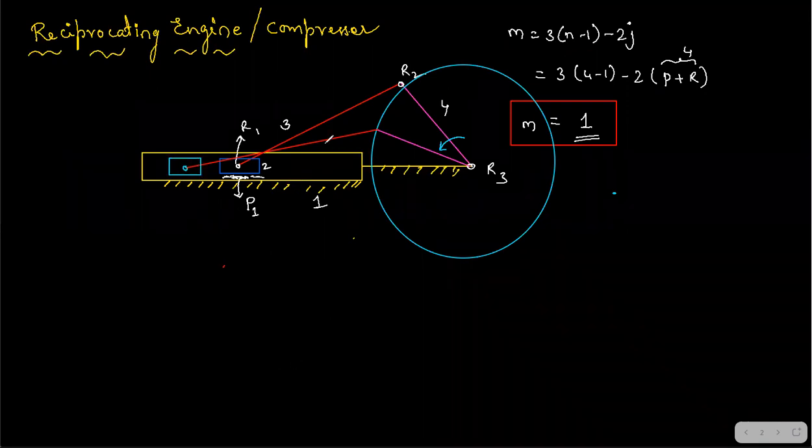Here also you have a revolute joint, right? So if this pink link, link number 4, turns completely to this position, the slider will be at this end. That is top dead center. Usually the firing happens here, right? The spark plug is here, then you will have the spark, and then it will immediately push the piston forward.